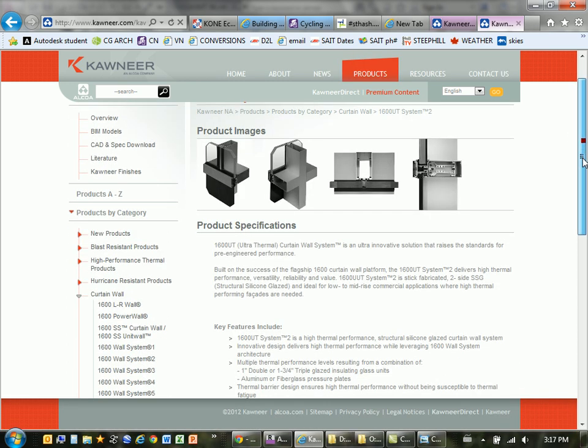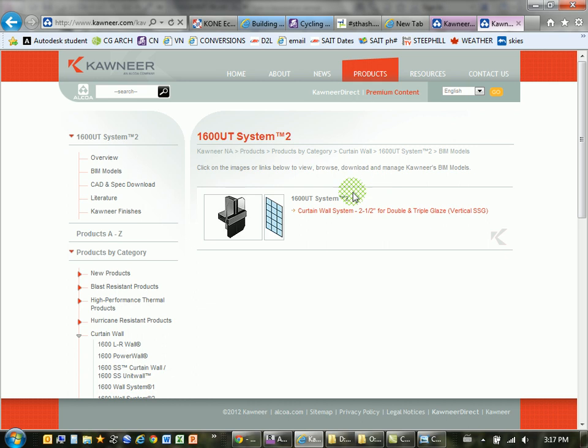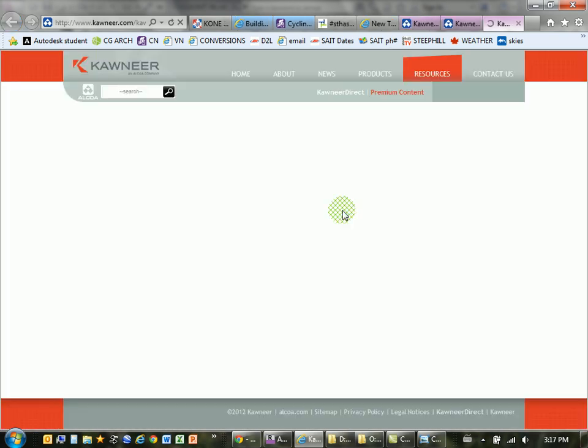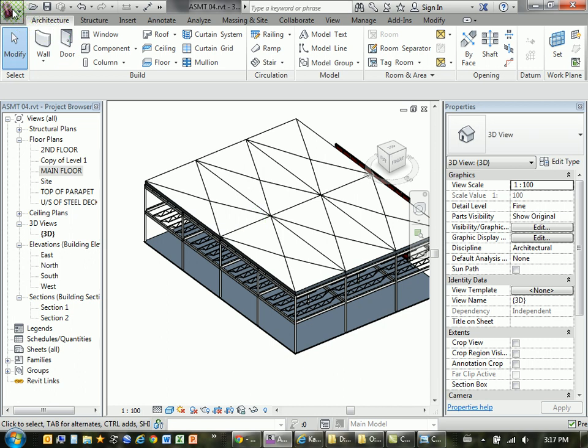And that brings up the product page for that curtain wall system. I just click on BIM models. And then if I click on that, it'll download that file in RVT form. So that's going to be a file that just opens up automatically as a project, not as a family file like we saw with various types of windows and furniture items. I've got a bit of a slow connection here still, so I'm not going to wait for that. When I open that up in Revit,